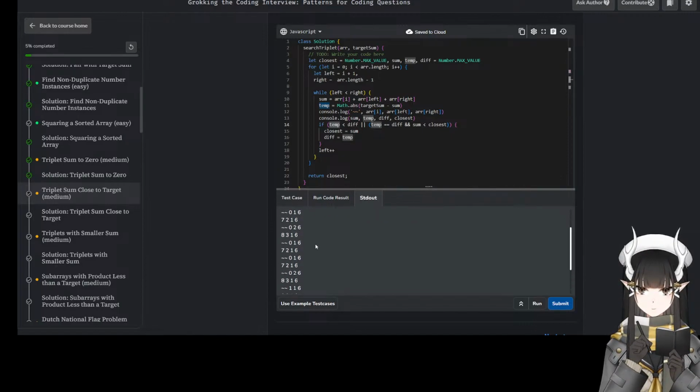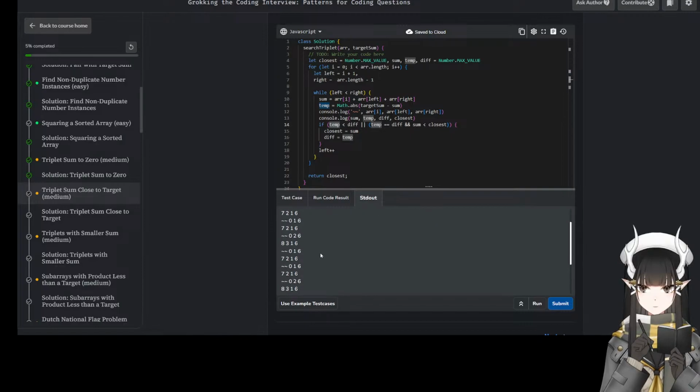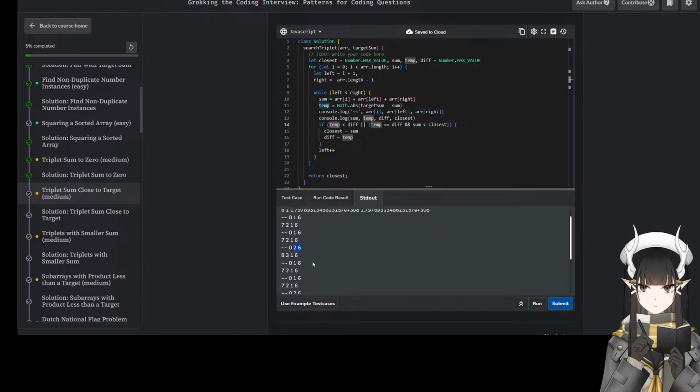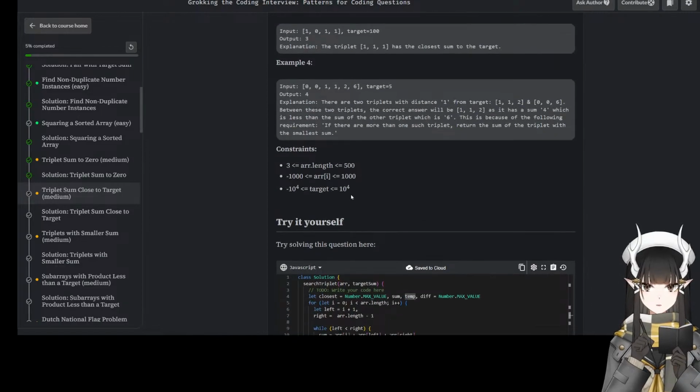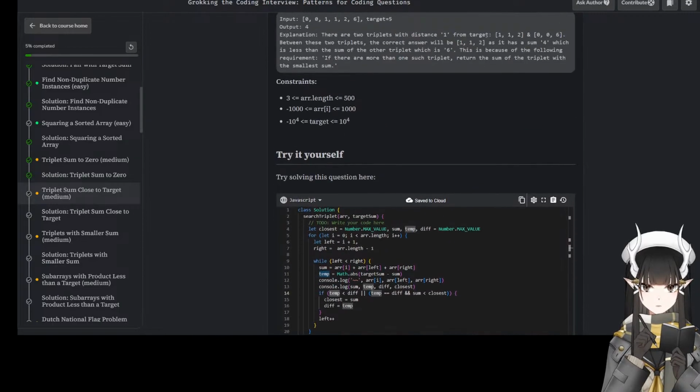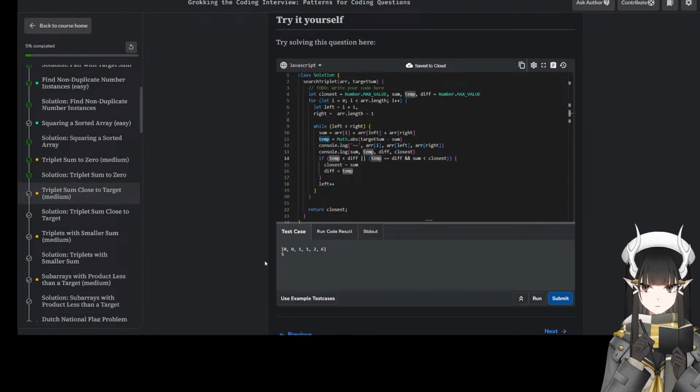It's not different, so still 6. Still 6, that's correct. Next is 2 and 6. Okay, this is where it should be updated. 2 and 0, 2 and 6. Wait, am I looking at the same one? 0, 0, 0, 0, 0, 0, 1, 1, 2.